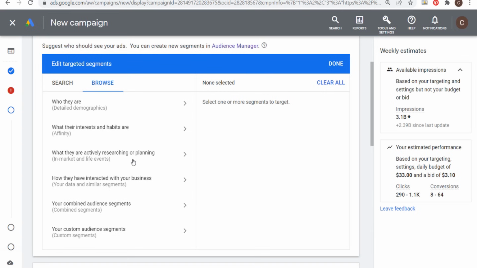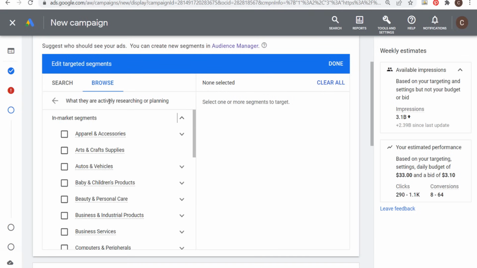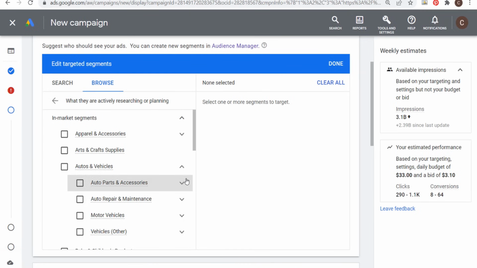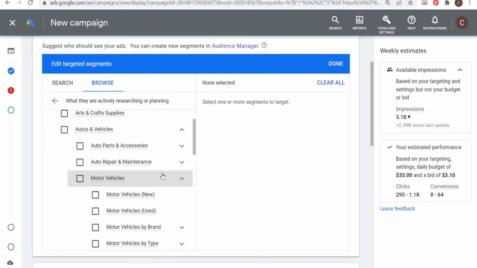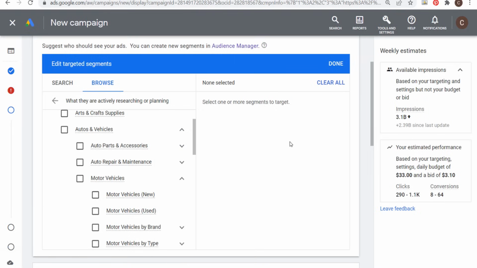So that brings us to in-market and life events. So in-market segments are people who are actively researching or planning. So if we come in here to autos and vehicles and we do motor vehicles, for example, someone in the motor vehicles new category is actively looking to purchase or lease a new motor vehicle. So Google Ads can tell that based on search terms people are using, based on websites people are visiting. So people who are actively researching motor vehicles, Google Ads will put into this category